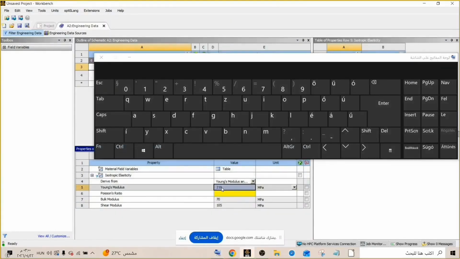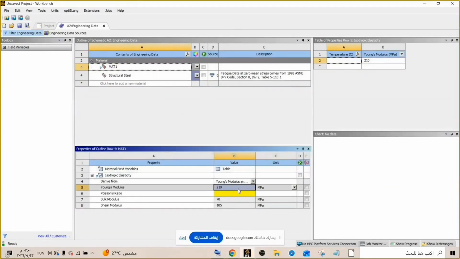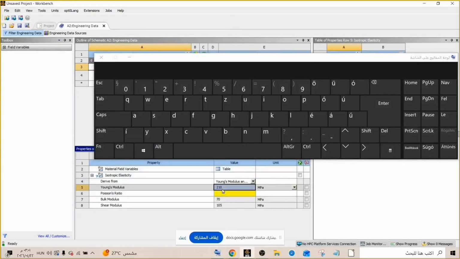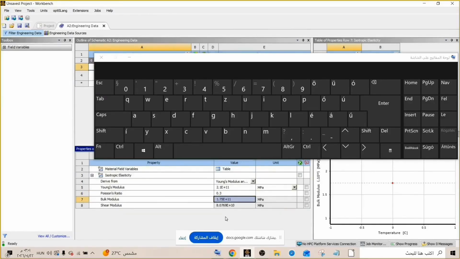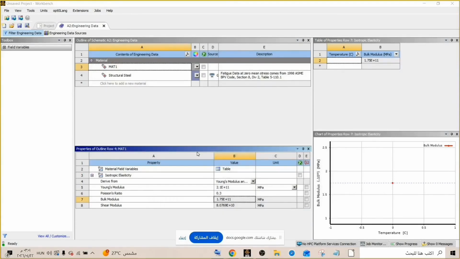I will type 210 E 9, and the Poisson's ratio I'm going to type 0.3.